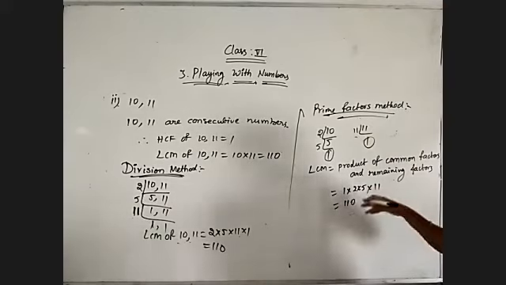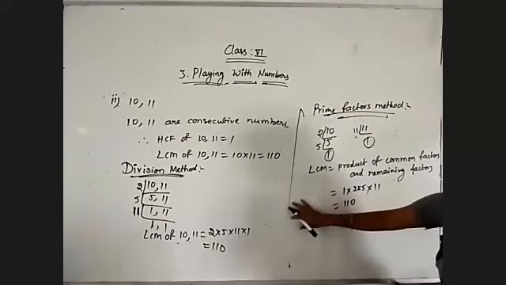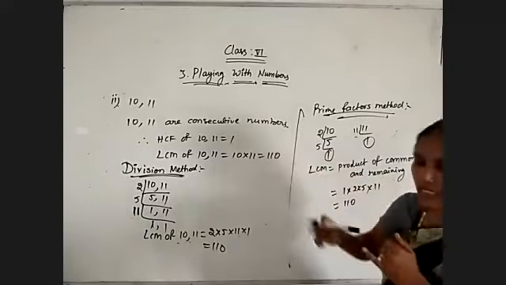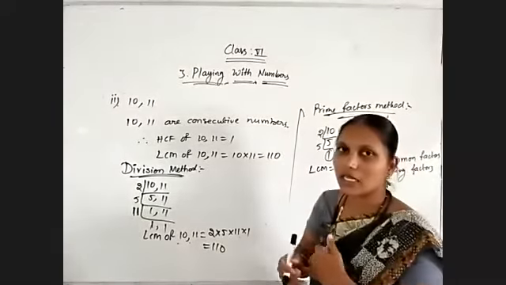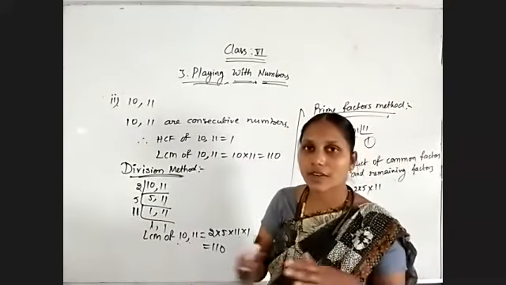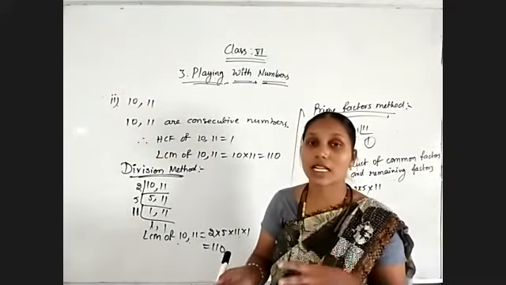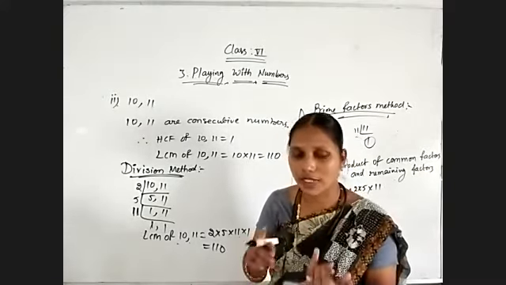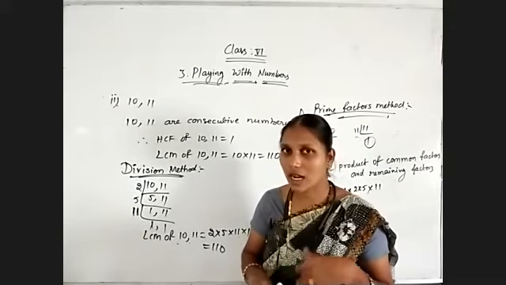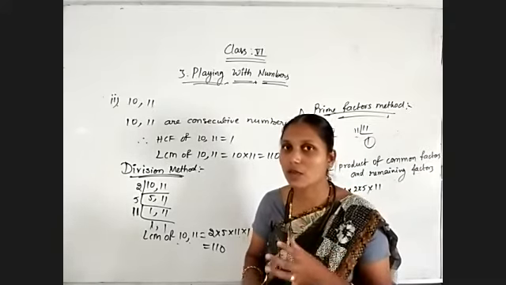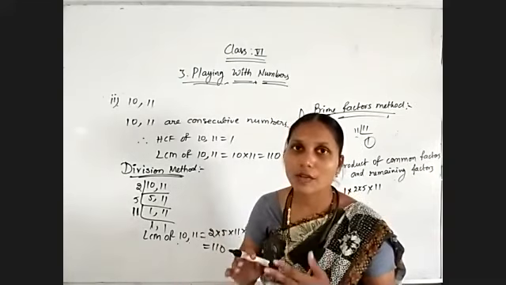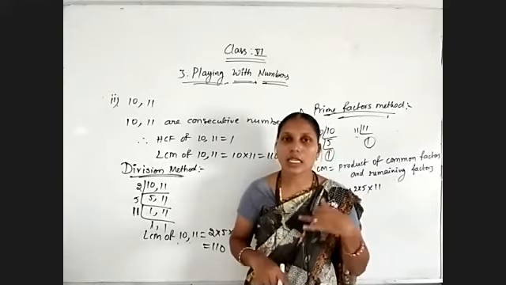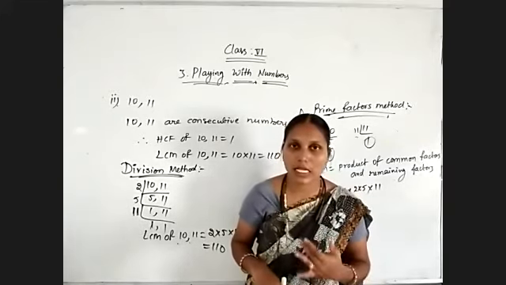See, observe. These are the methods of how to simplify that I am explaining, but this much is not needed when we are getting consecutive numbers. If they are asking the HCF of 7 and 8, 7 and 8 are consecutive numbers. So their HCF is equal to 1. 7 and 8 are consecutive numbers. That's why their LCM is equal to their product. That is 7 into 8, 56. If two numbers don't have any common factors except 1, then their product only will be their LCM. Okay.